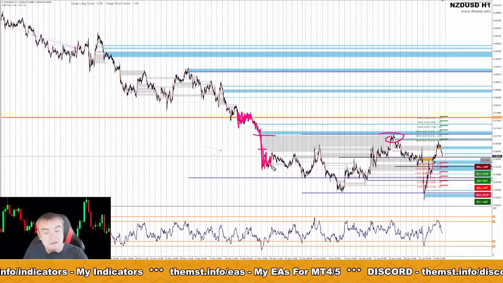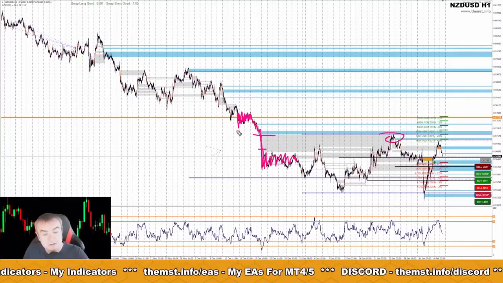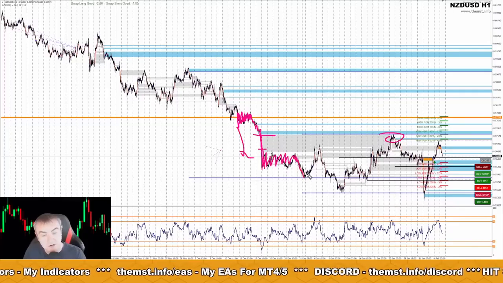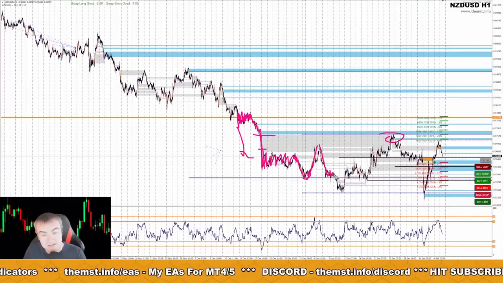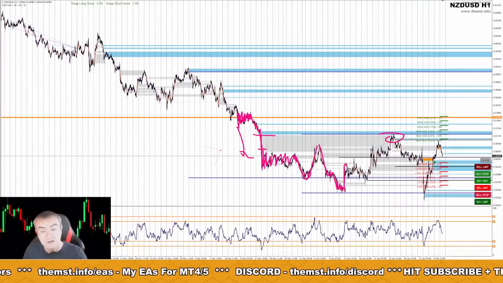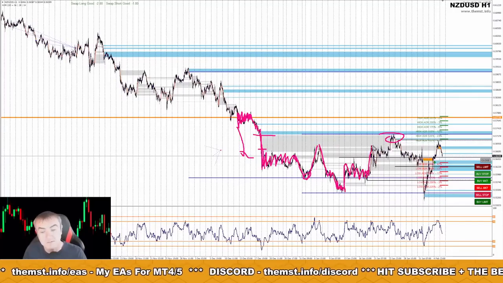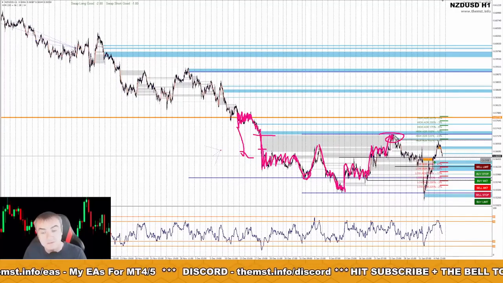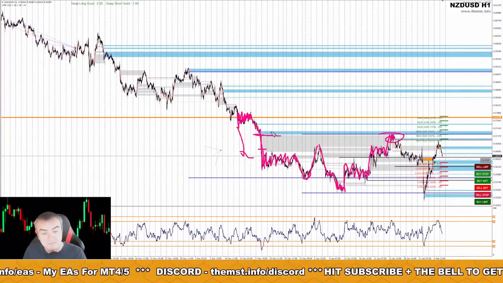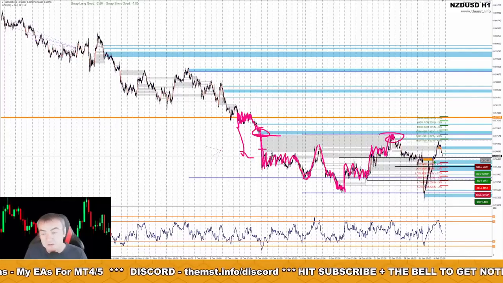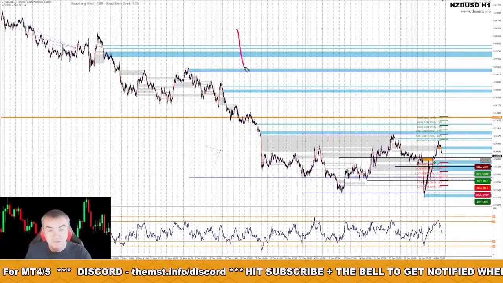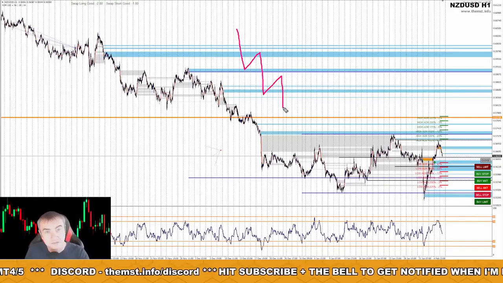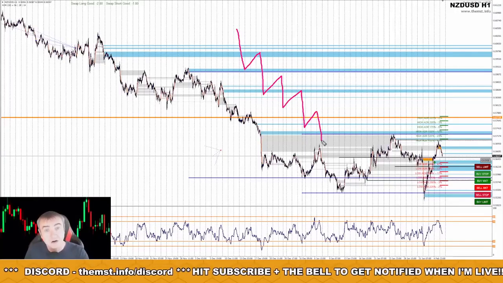So we went into balance, and then the people that started this move tried to make it move further. It got rejected. And then we tried to go back up. It got rejected. We came back into balance down here. We pushed up, found new areas of balance. We pushed up, found a new area of balance. We pushed up, found a new area of balance. Filled. Yeah. So market structure is basically a trend where you are in price discovery mode and they are not